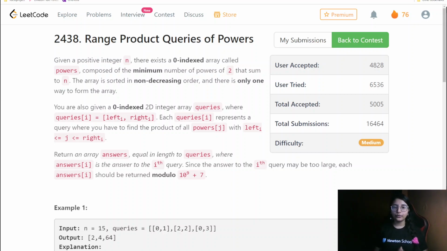So today we are going to do the LeetCode bi-weekly challenge second question, and that is Range Product Queries of the